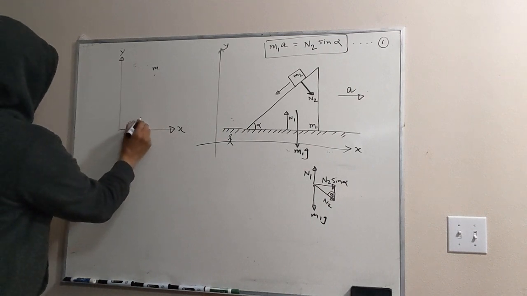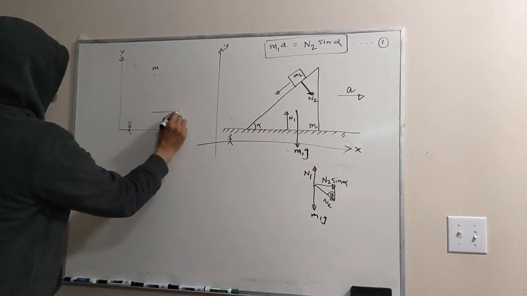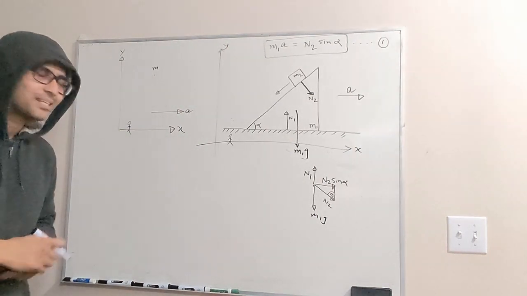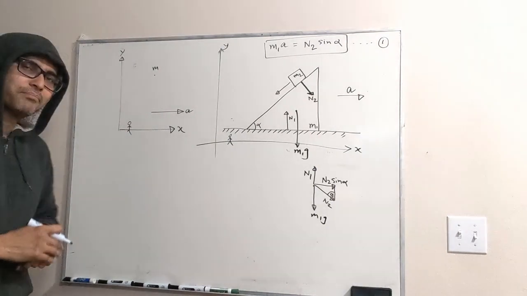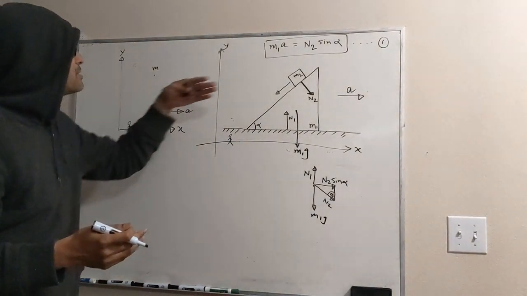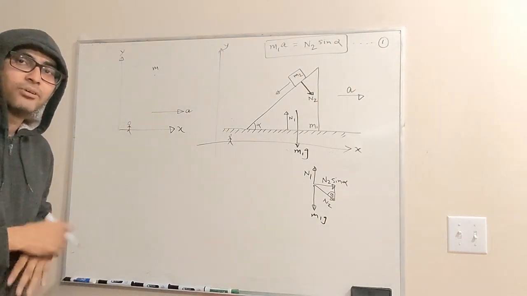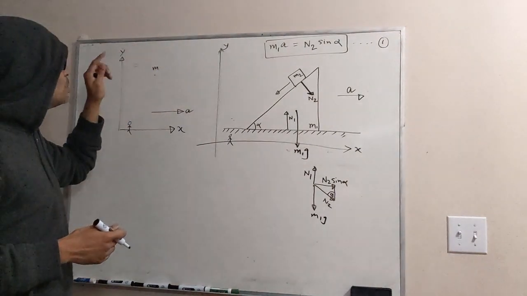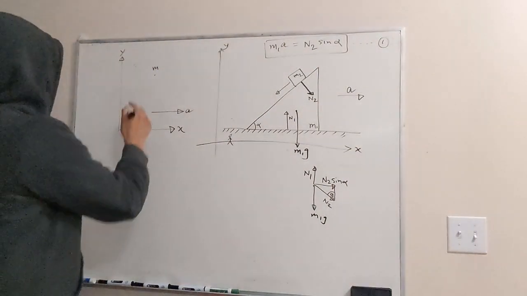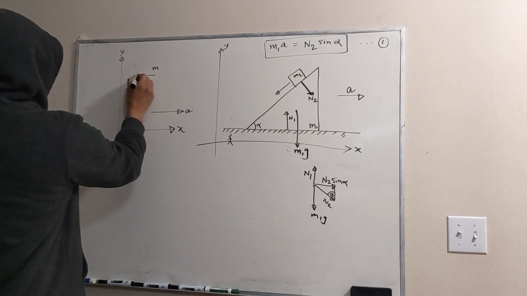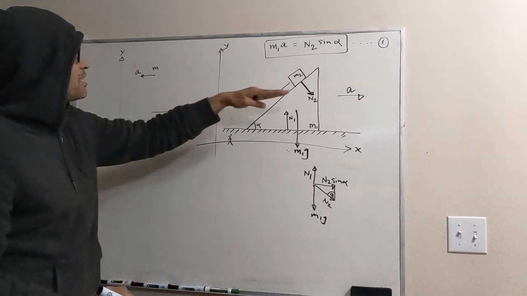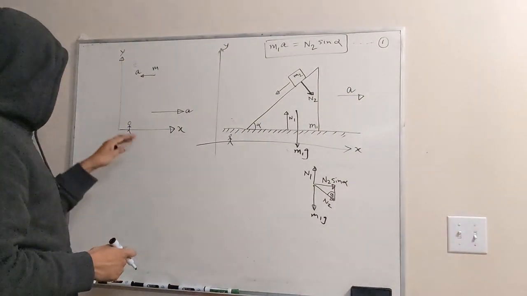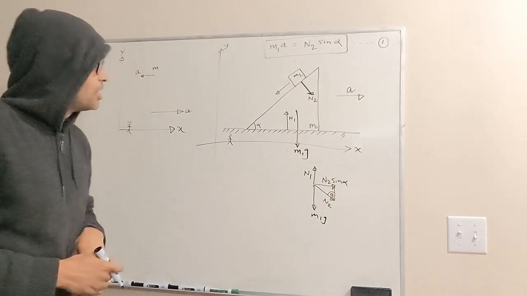Now suddenly if your reference frame starts moving in this direction with an acceleration A, what will you see? You are still sitting on this reference frame and you are not aware that the frame of reference is moving with some acceleration. So what will you see here? You will see that on this object M there is no net force, but this object is moving in this direction with an acceleration A, right? If you move in this direction, you will see the object moving in the other direction with the same acceleration, right? Because you are not aware of your own motion.